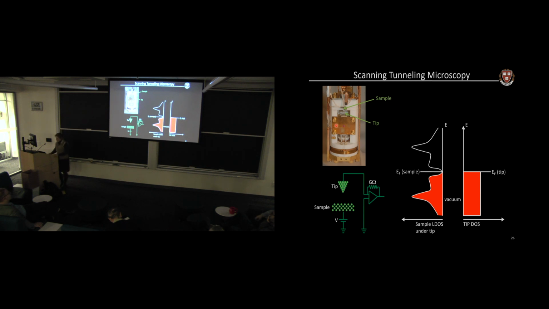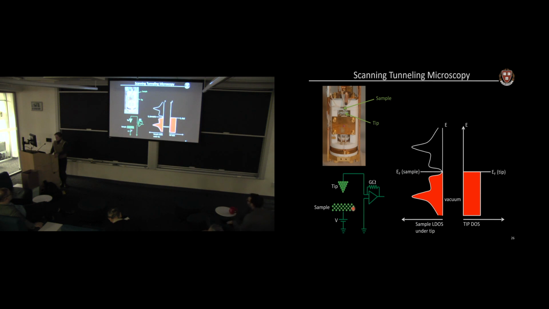This is a picture of an STM that was built in my lab. Oh my goodness, this STM, believe it or not, is about 12 years old. That's about as old as my son is. Pretty amazing. So our sample sits here face down in the material. This whole STM is about 1.5 inches across. The sample is inserted from above, face down. There's a sharp tip here that points up towards the sample.